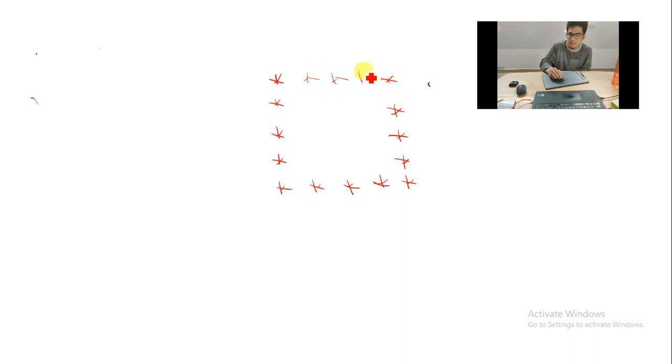So let's imagine that I want to draw a star pattern like this. If I want to draw this star pattern, how can I start?